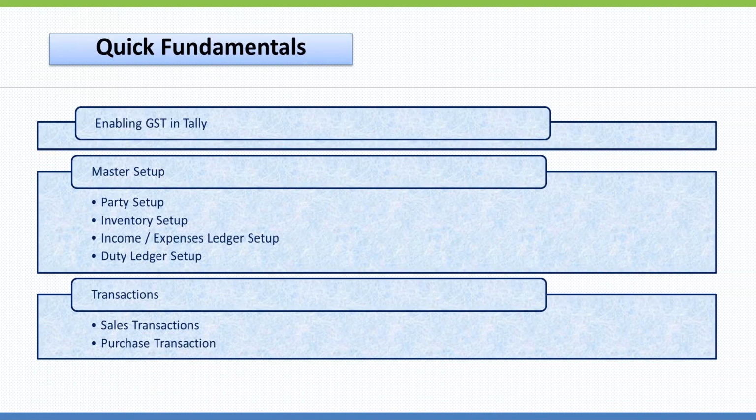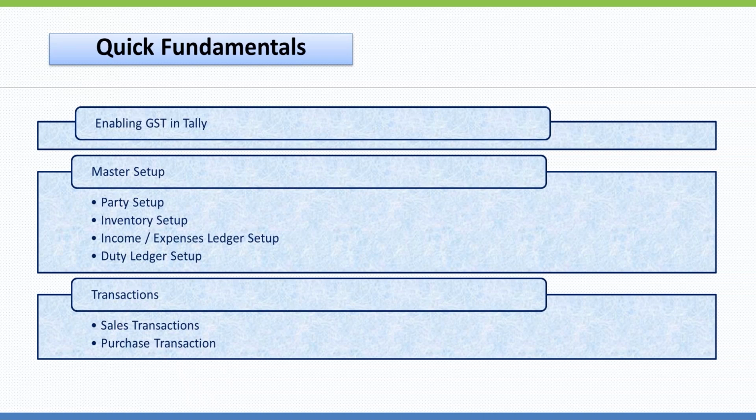In fact, as far as the fundamentals for GST configuration setup are concerned, this is the basic: we will have to enable the GST feature in Tally and set up the masters. All the ledger masters, the inventory masters, the customer and vendor masters, and even the duty ledgers or tax ledgers like CGST, SGST, all these things.